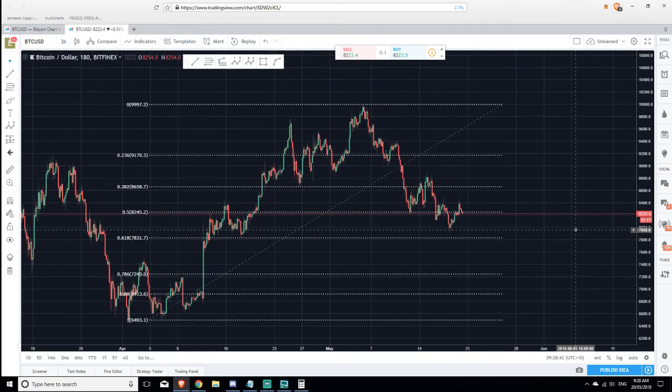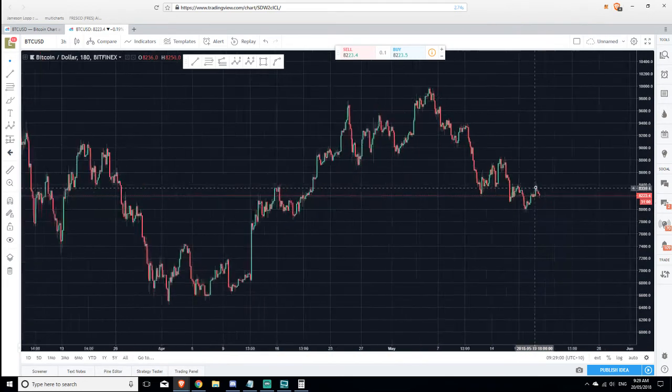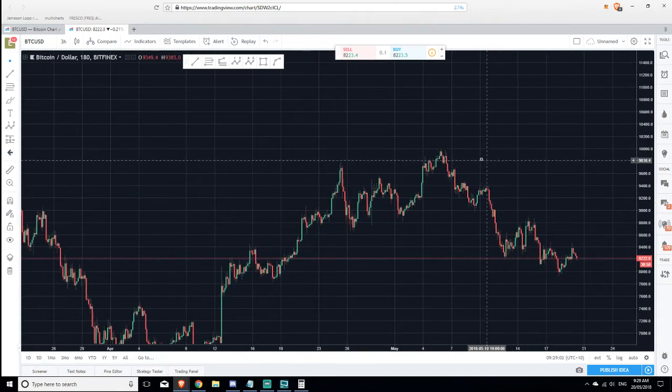But it's not, how do I say, it's not set in stone. These are likely zones of bounce, but sometimes prices don't really go down. So if we went into detail on the retracement that we went through here,